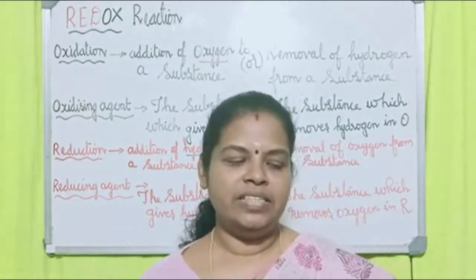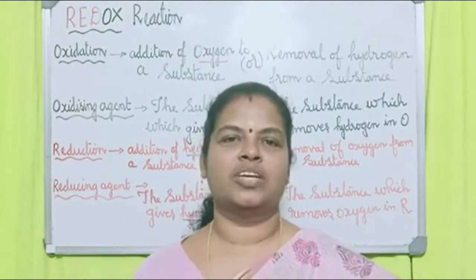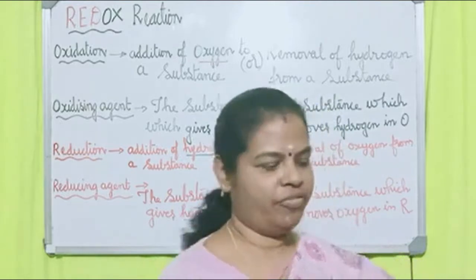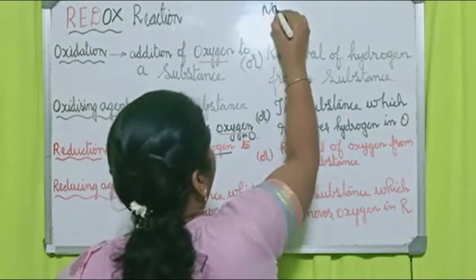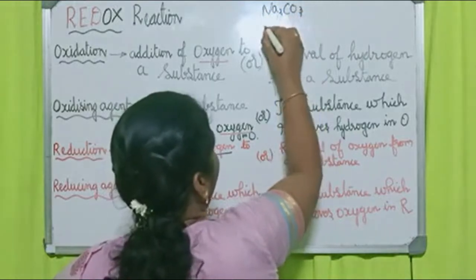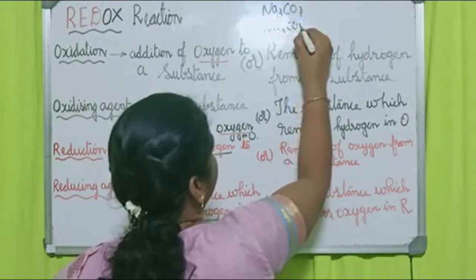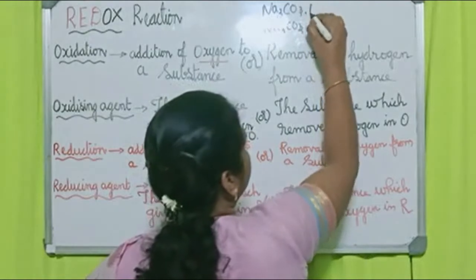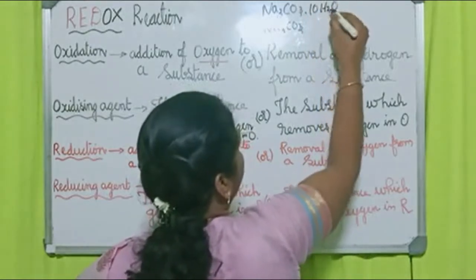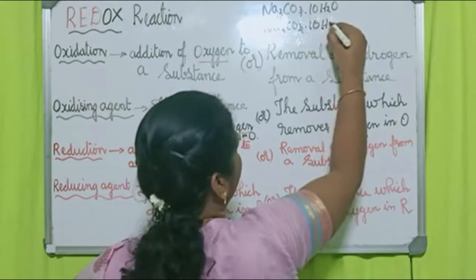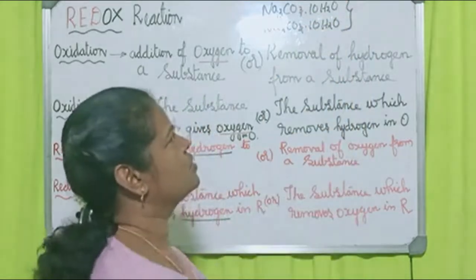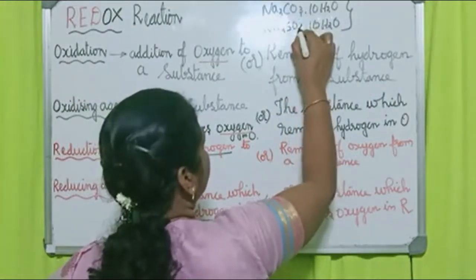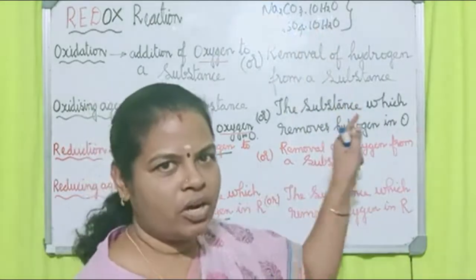Hydrated is not a solution actually, it's a salt. For example, sodium carbonate, sodium sulfate. Sodium carbonate formula is Na2CO3. Sodium sulfate is Na2SO4. These are called hydrated salts because with the 10 molecules of water we will always write dot 10 H2O. The actual formula will be like this: sodium carbonate and sodium sulfate, Na2SO4, with that we will be writing dot 10 H2O.